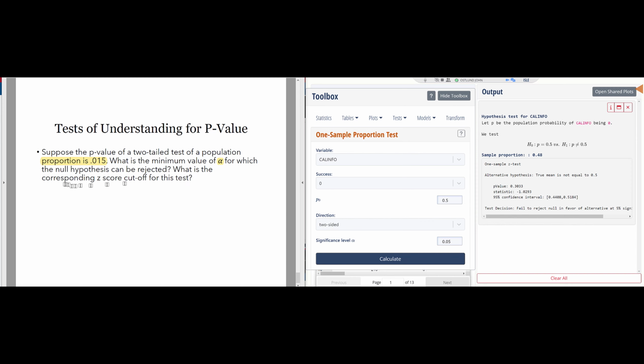We're asked what is the corresponding z-score cutoff for this test, and we can use our critical value widget to figure that out. Because this is a proportion test, we do use the normal distribution, not the t-distribution. And for an alpha of 0.03, our critical value is going to be 2.1701. Okay, so that